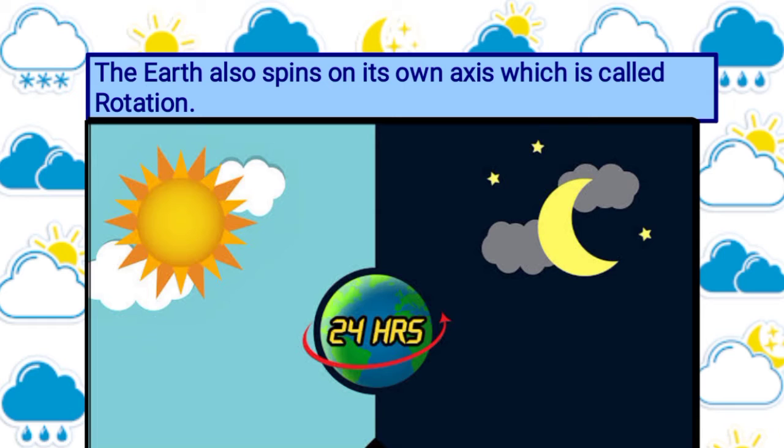So as earth rotates, it seems like the sun is moving across the sky, but it's really the earth that is rotating on its axis, and it takes 24 hours to complete one rotation, which is why there are 24